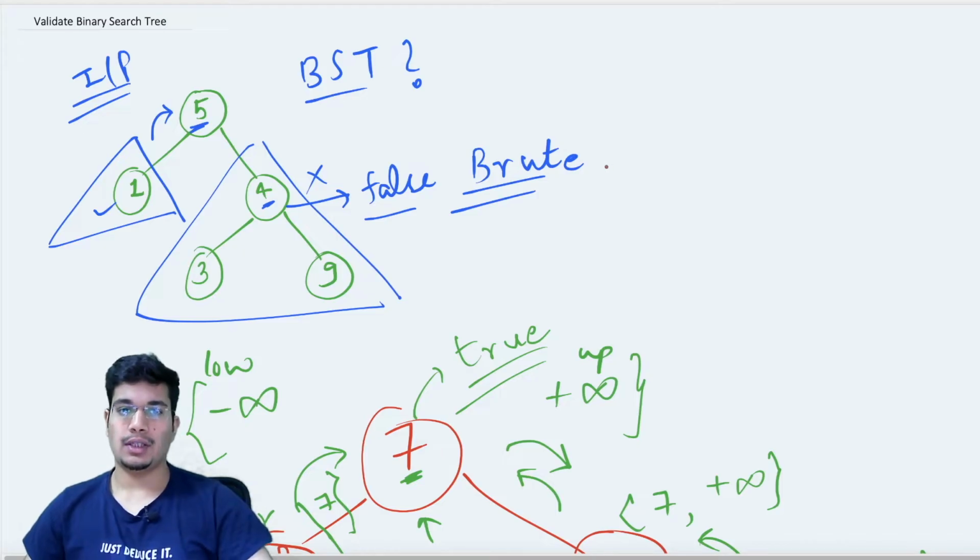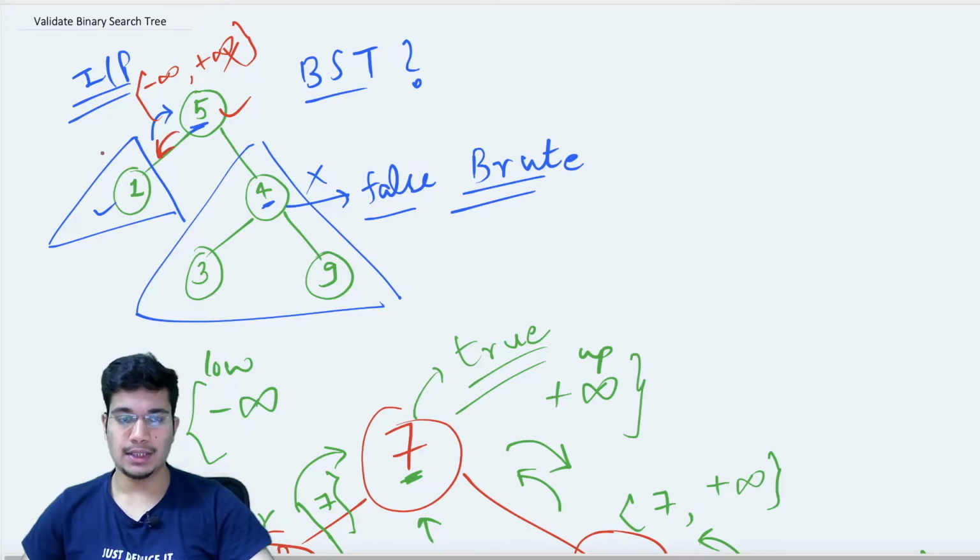Now at any point, if the condition had failed, for example, let's consider this case. In this one, it's not a BST. So here what we would have done is, for 5, the value ranges are minus infinity to plus infinity. So 5 lies between that range. So 5 is true. Then we'll make a call to the left child of 5. For this, the range lower limit will be the same. Upper will be bounded by the root's value, so 5. So does 1 lie in between this range? It does. So it's fine for 1 as well.